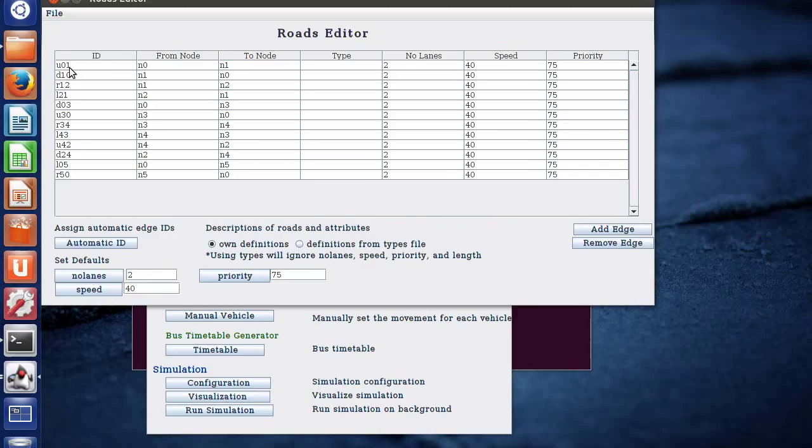So basically these are the IDs which define the type of road. That is, U will indicate upstream, D would indicate downstream, R would indicate right, and L would indicate left. So R12 would be right from node 1 to node 2, as you can see, from node 1 to node 2. So type, we have left it empty, and number of lanes we have set to the default, that is 2, and speed we have kept 40, and for all the cars we have kept priority as 75. Now I would save this,